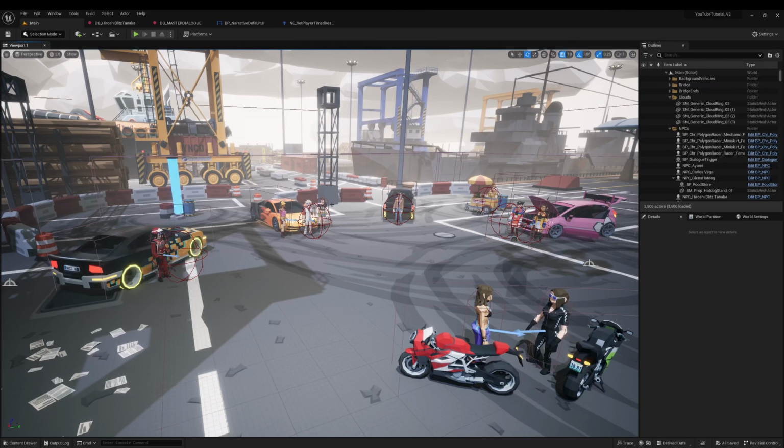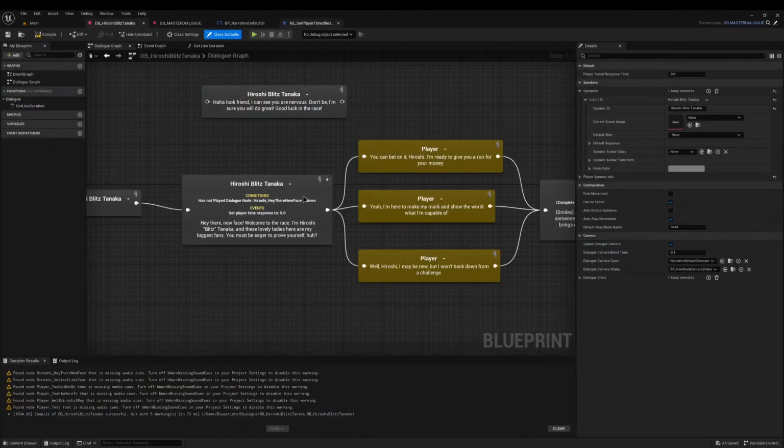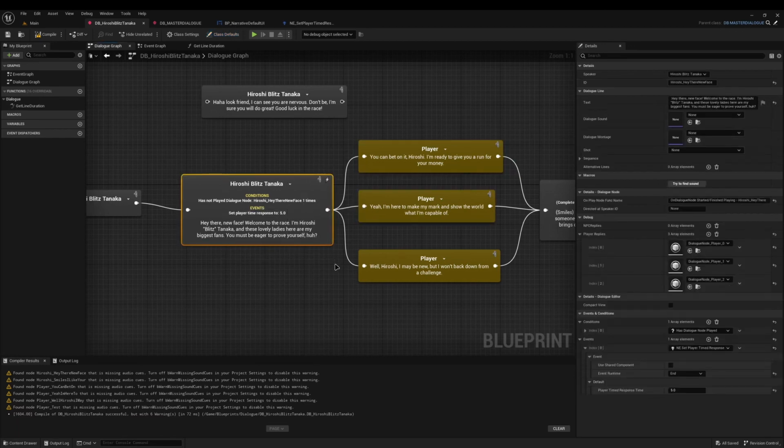So maybe he wants to say something like, look, I know you're nervous, don't worry about it, or come on, hurry up, answer me, kind of thing. So what we can do with this is edit some little parts of our code so that when it sets the player response, it also sets an ID of what dialog to call if it runs out of